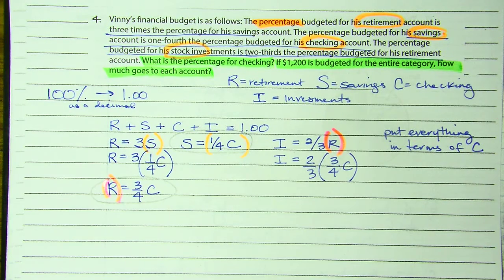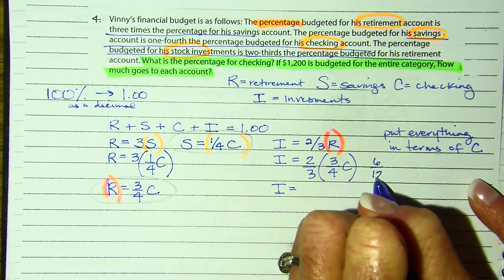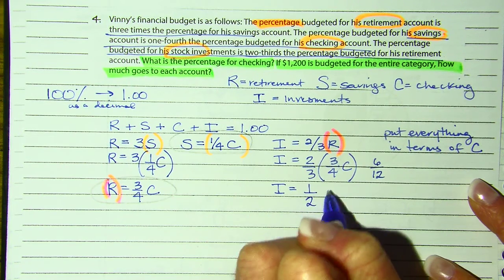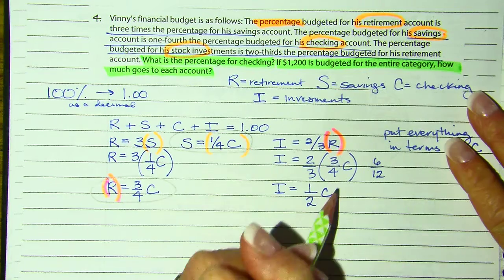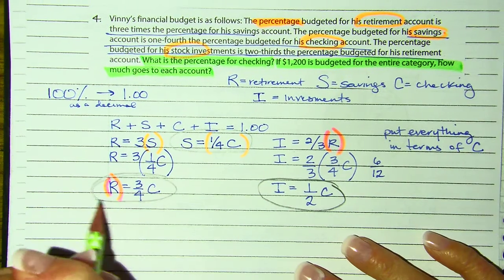And then I'll simplify that. So I equals, this would be 6/12, so 1/2 C. So I now have these 3 statements. And so now I'm going to plug these 3